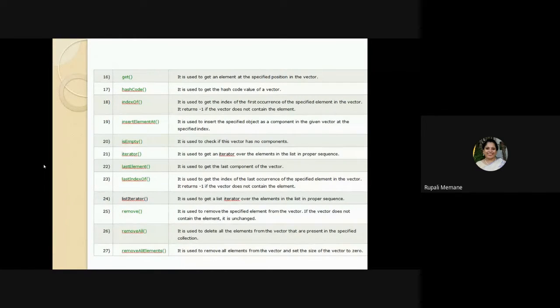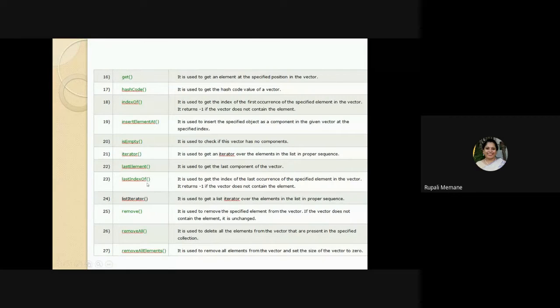Then we have the iterator class. We have an iterator method which is going to iterate over the elements in the list in the proper sequence. So when I use iterator, it will go on iterating to the next element and the previous element. There are some methods of the iterator also, which we will see when we do the iterator class. Then lastElement: the way you have the first element, there is the last element. It will retrieve the last component of the vector.